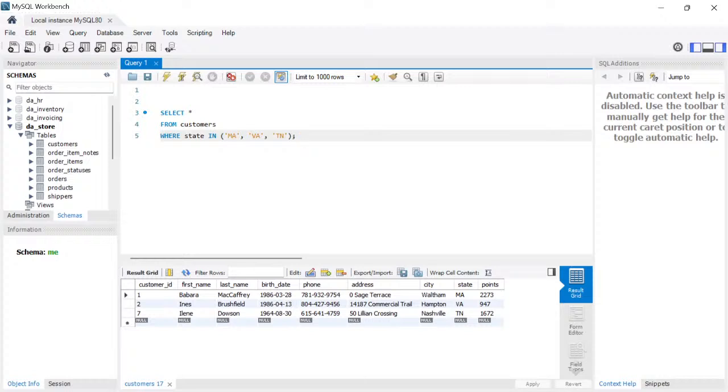There is another one that we can also use with the where statement, that is between. Let's assume that I want to return customers that have a particular number of points. Let's say their points are from 500 to 1500. So I want to return only customers that have those particular points. So I will say the same